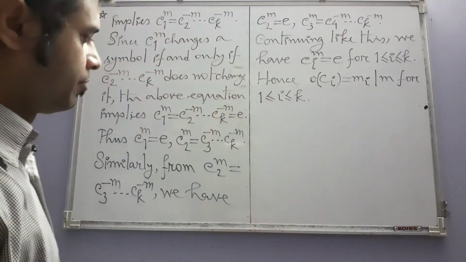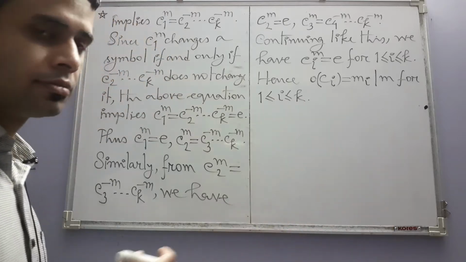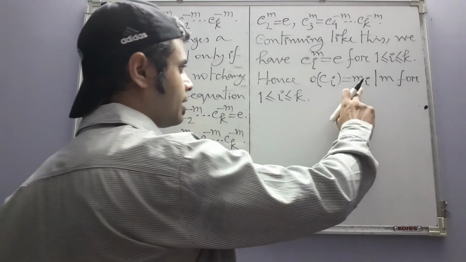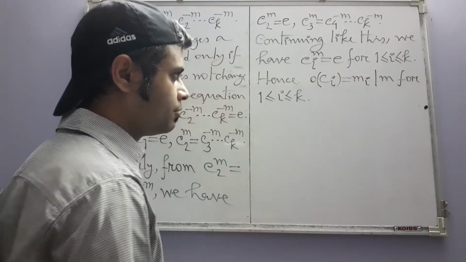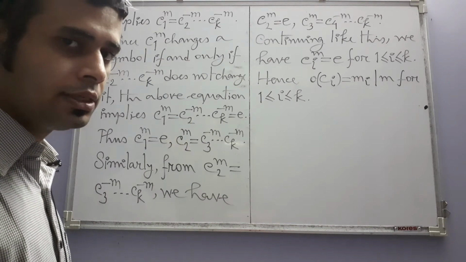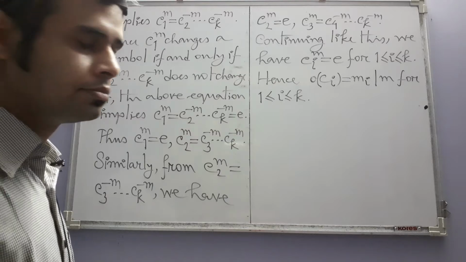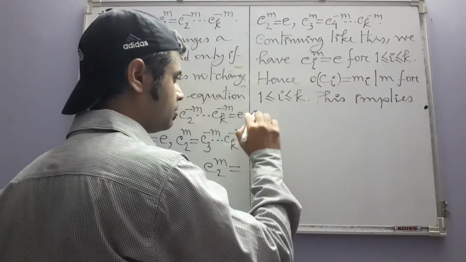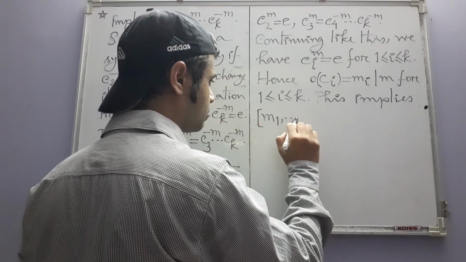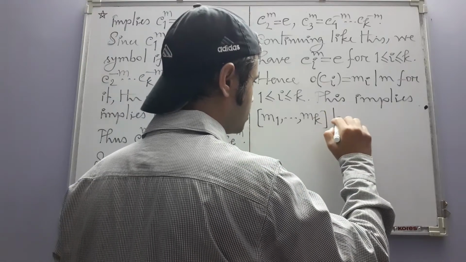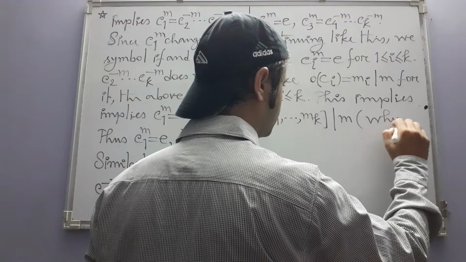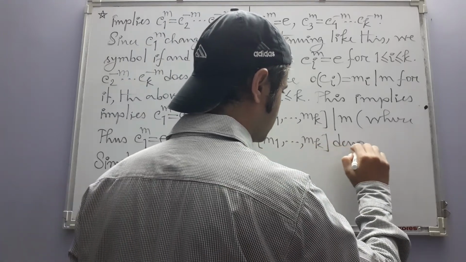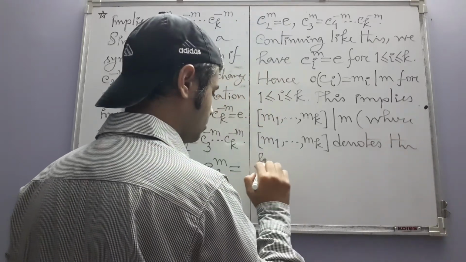Now you see these are cycle lengths, right? All the mi's are cycle lengths, so they are all positive integers, and all of them are dividing this positive integer m. So by the definition of LCM, the LCM of all these mi's must divide m. Thus, this implies this divides m, where this denotes the LCM